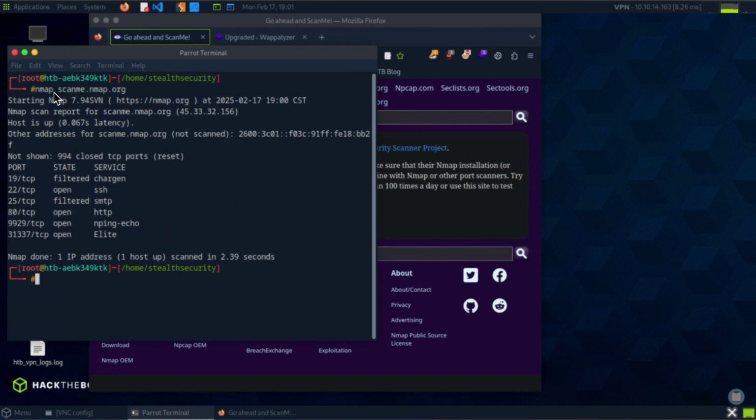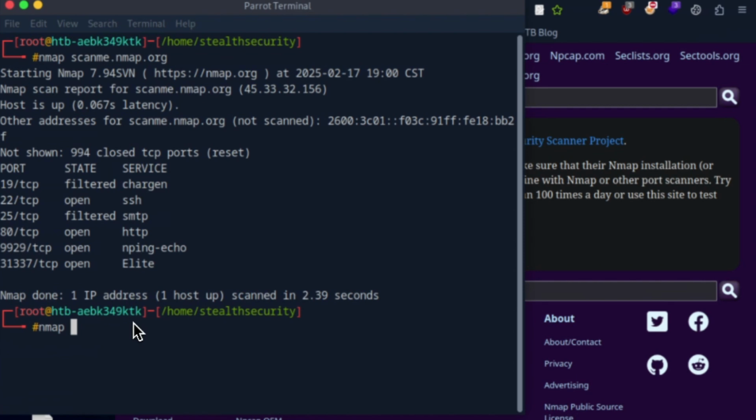So the first scan that I ran, nmap scanme.nmap.org, will scan the 1,000 common ports used in the system. So if you want to do a full scan of all the ports, we can use the port flag. So nmap, the port flag is used to specify a single port. For example, if you want to scan just the port 22, you can do that. Or if you want to scan all the 65,535 ports, you can say -p-, which means scan all the ports. Now,